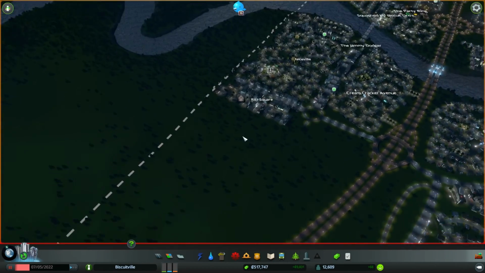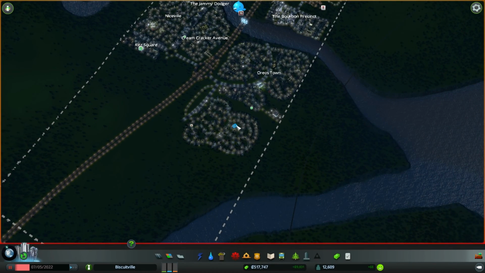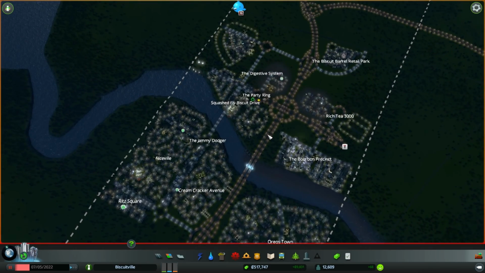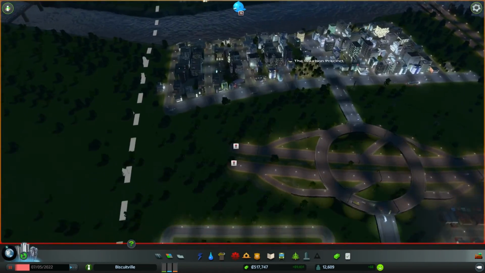You join me for another episode here in Biscuitville. We had an abandoned building over here I spotted. We've got our residential areas here. We've got Oreo's Town, we've got Cream Cracker Avenue, we've got Niceville. We've got this little random bit of residential which is a bit meh. We've got Bourbon District, which is the lovely